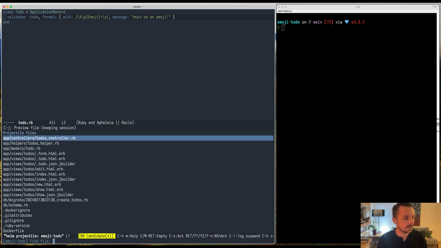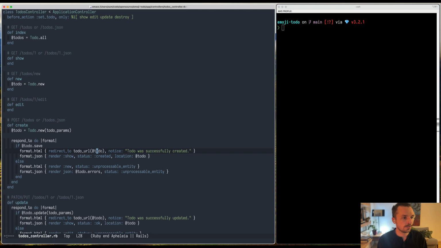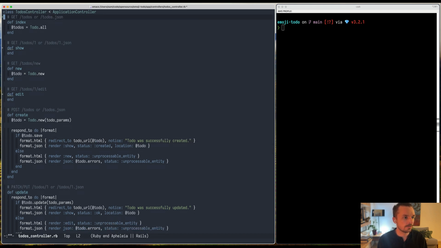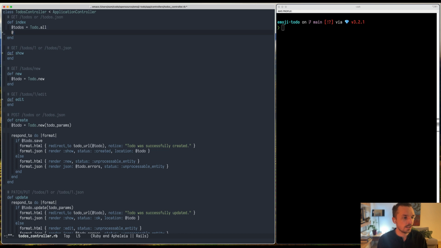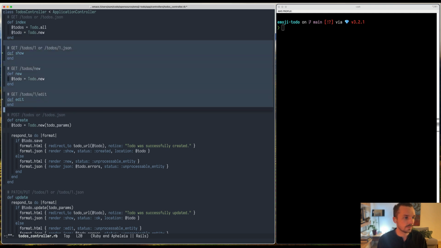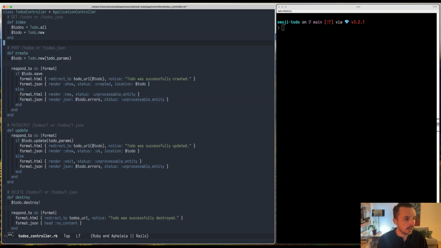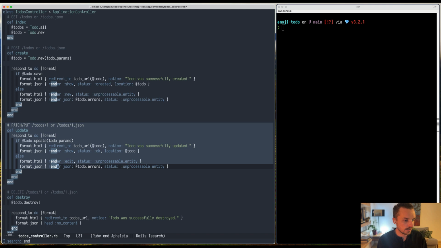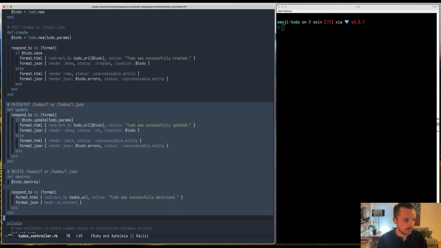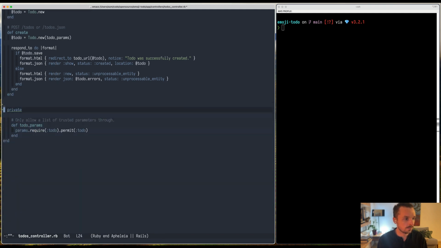Let's go to controllers, to-dos controller. There's a bunch of stuff we don't need here. This set_todo stuff. We're going to do everything in the index page. So even to create a new to-do is going to be in the index page. So let's add that here. Not going to add it. And since we don't need the update, we don't need destroy, we don't need set_todo,